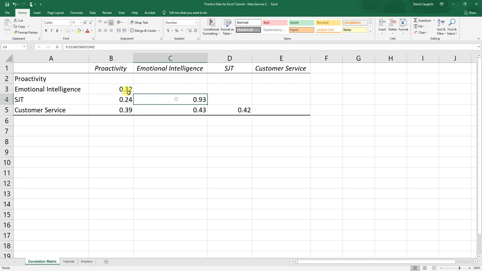So we can look at these correlation coefficients here. In this correlation matrix will be the correlations between each of the selection tools with other selection tools. So here is the correlation between proactivity and emotional intelligence. It's a medium-sized correlation, which is actually fine. We expect a lot of these things to correlate somewhat. The correlation between proactivity and SJT, the situational judgment test, is 0.24. So this would be about a small one. That's fine. Where we get concerned is with this third correlation between the selection tools, and that is between emotional